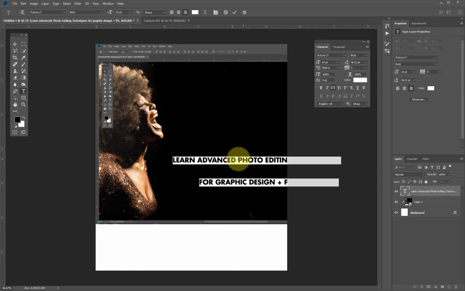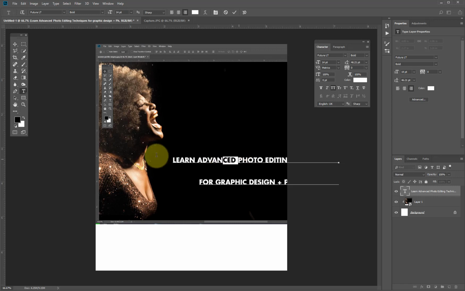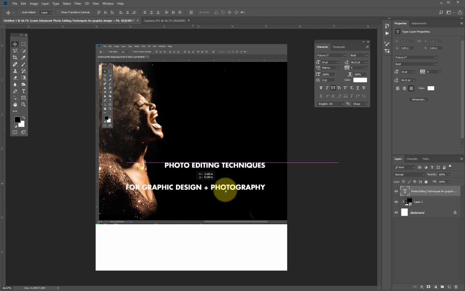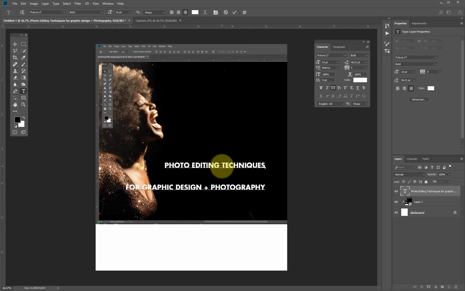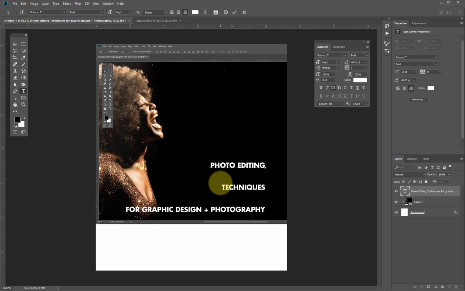Line advanced. I'll take this out. Yeah, I'll take that out, because this is actually why I want people to come for the training, or why the designer wants people to come for the training. So I'll put this here for us to go up. Close the space right here. Photo editing techniques for graphic design